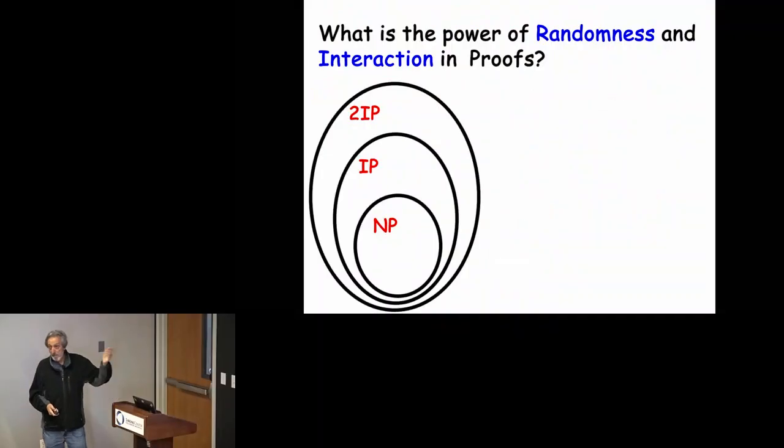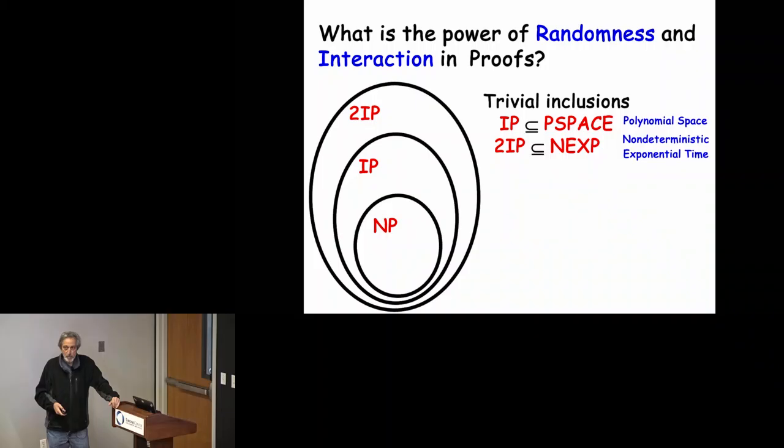Okay. Yeah. This is the picture. So we defined a growing set of proof systems: NP, IP, 2IP, many IP, like many provers. And for a while, we just had trivial inclusions. Some of you may not know this acronym, but we understood that IP, for example, can be simulated, so the computational power of statements it can prove is contained in polynomial space. Everything you can compute with polynomial memory, maybe not in polynomial time, but polynomial space.